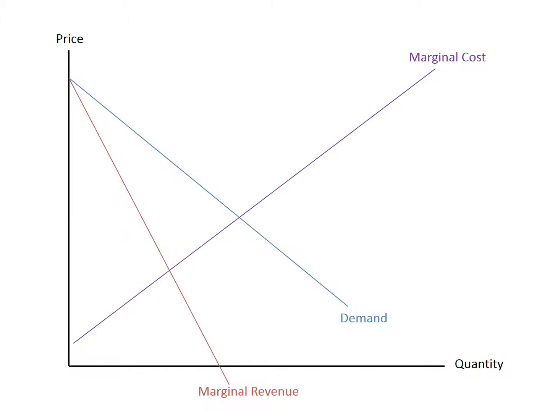We can use the fact that a monopolist wants to keep producing so long as marginal revenue is greater than marginal cost to graphically determine how much a monopolist is going to produce and what price the monopolist is going to charge. Let's imagine someone gave you these 3 curves. Someone gave you a monopolist marginal cost curve. They also gave you the demand curve, and they gave you the marginal revenue curve. So given these 3 curves and the fact that you want to keep producing so long as marginal revenue is greater than marginal cost, we can figure out price and output.